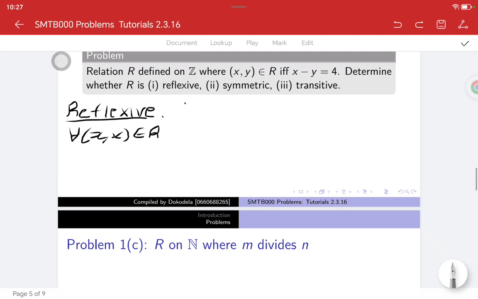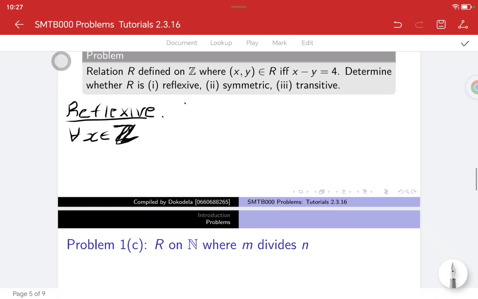Or let's say not even a pair. Let me just say x for all x element of Z. Let me start here. We can even start here. So the preferred one is where we start by picking an element from Z, and then we show what I have written there. We show that x is an element of R. So we can show this by saying, if I take x from Z,